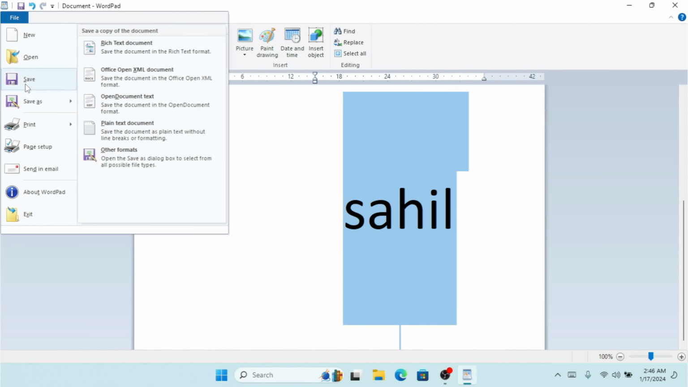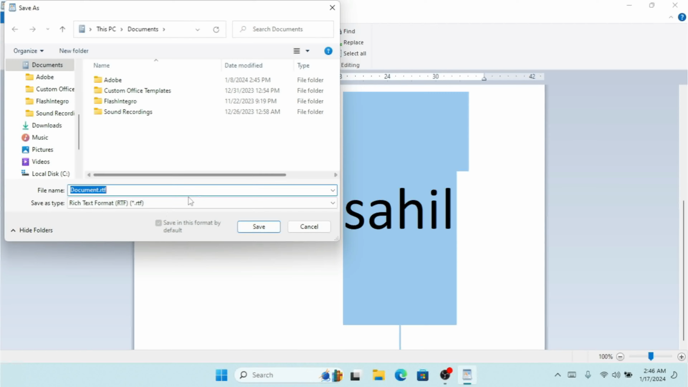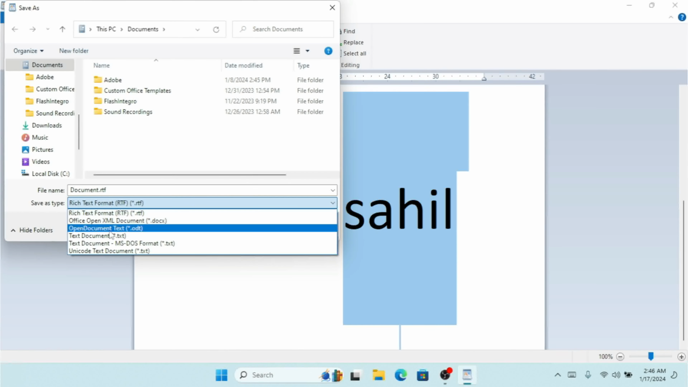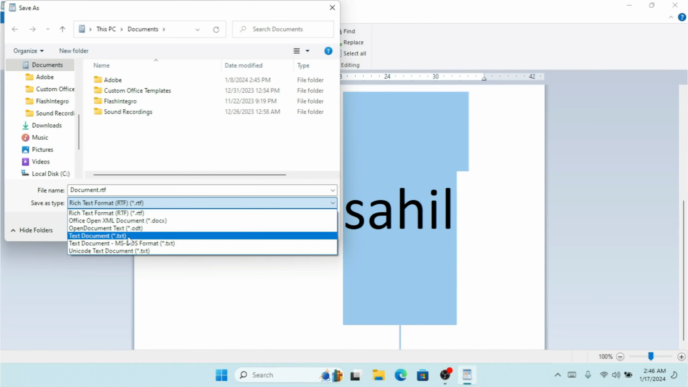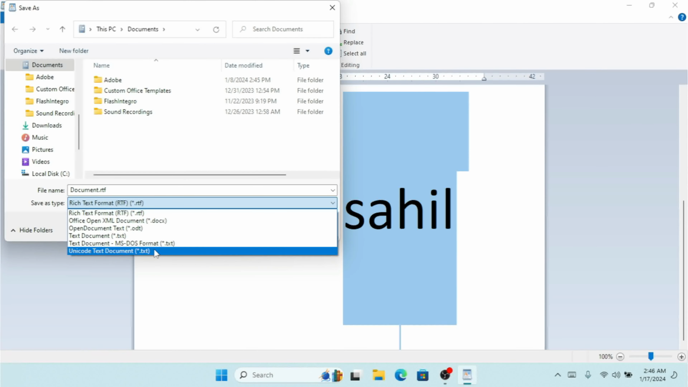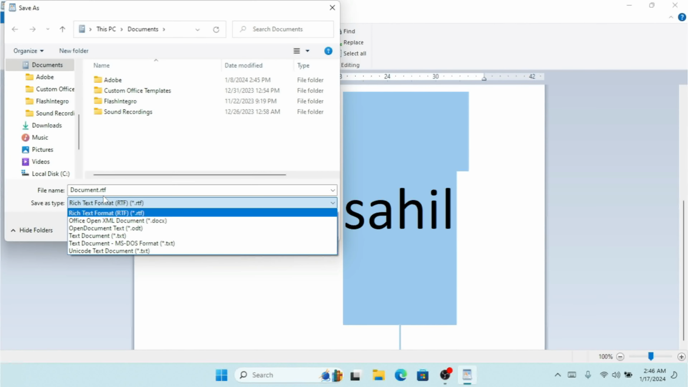Let me show you the extension. When I'm going to click on the save, this extension is going to be .docx, which is for Word document, Microsoft Office document. As you can see, you can save it .odt, you can save it .txt, which you can later use to open it with notepad. As you can see here with this MS-DOS format, which is .txt as well, and also you can save it Unicode text document as well. So with this program, you're going to get many more extensions, and the main extension that you are going to get with this program is